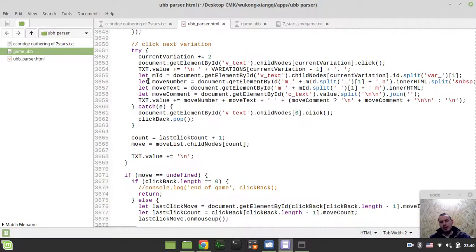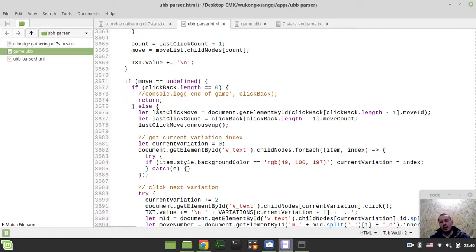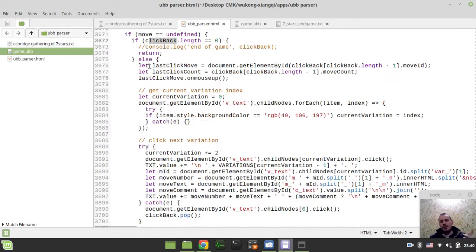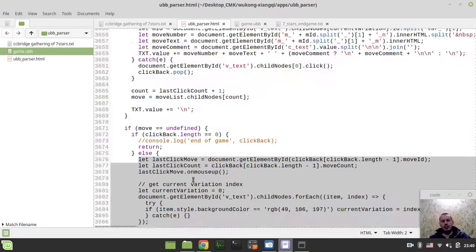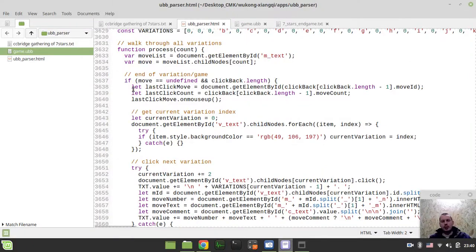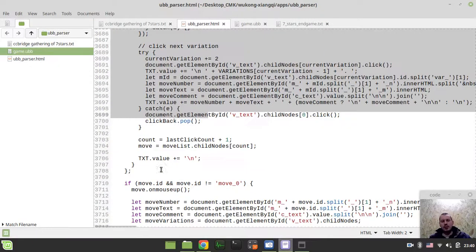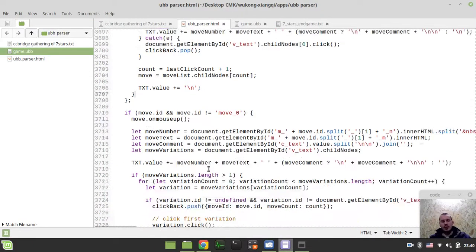So sometimes we get here, but at the same time the click back is not equal to 0, so we still have the moves to drop back. And in that case, we kind of restart this dropping back, or traverse into the further variation in this part. So this is the duplication, absolutely ugly code. This piece of code and this piece of code, these are the duplications. But anyway,